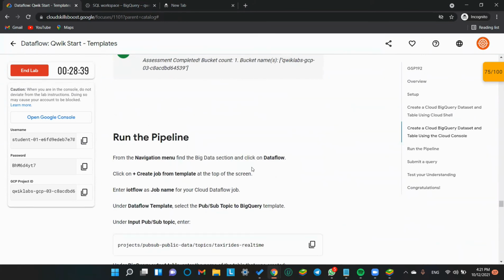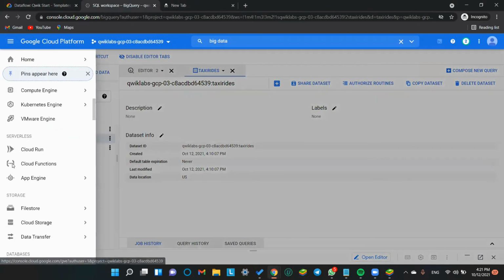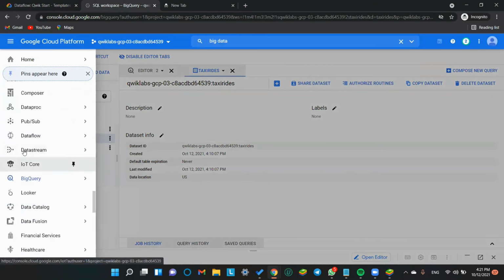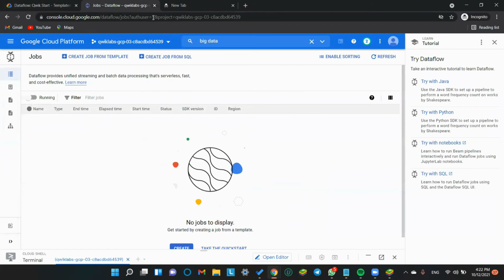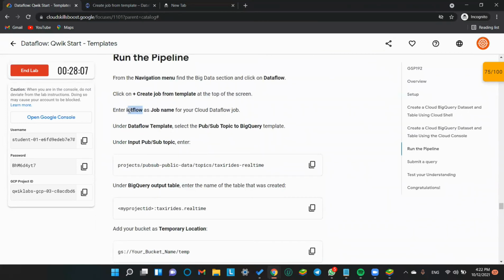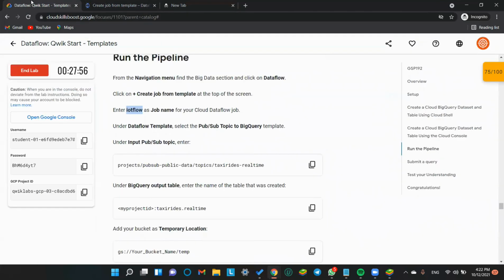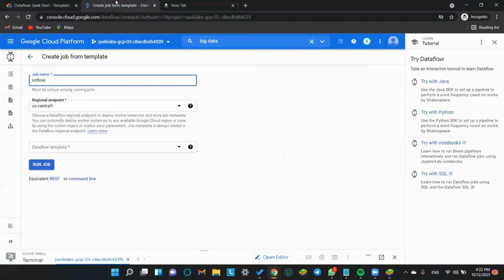So from the navigation menu in the big data section, click on Dataflow. Getting back to the navigation menu in the big data section. Here you are in the big data section. Click on Dataflow. In Dataflow, we have to create a job from template. The job details are as follows. We have to enter iotflow as the job name. Note this is a Cloud Dataflow job. In the regional endpoint, under the Dataflow template,